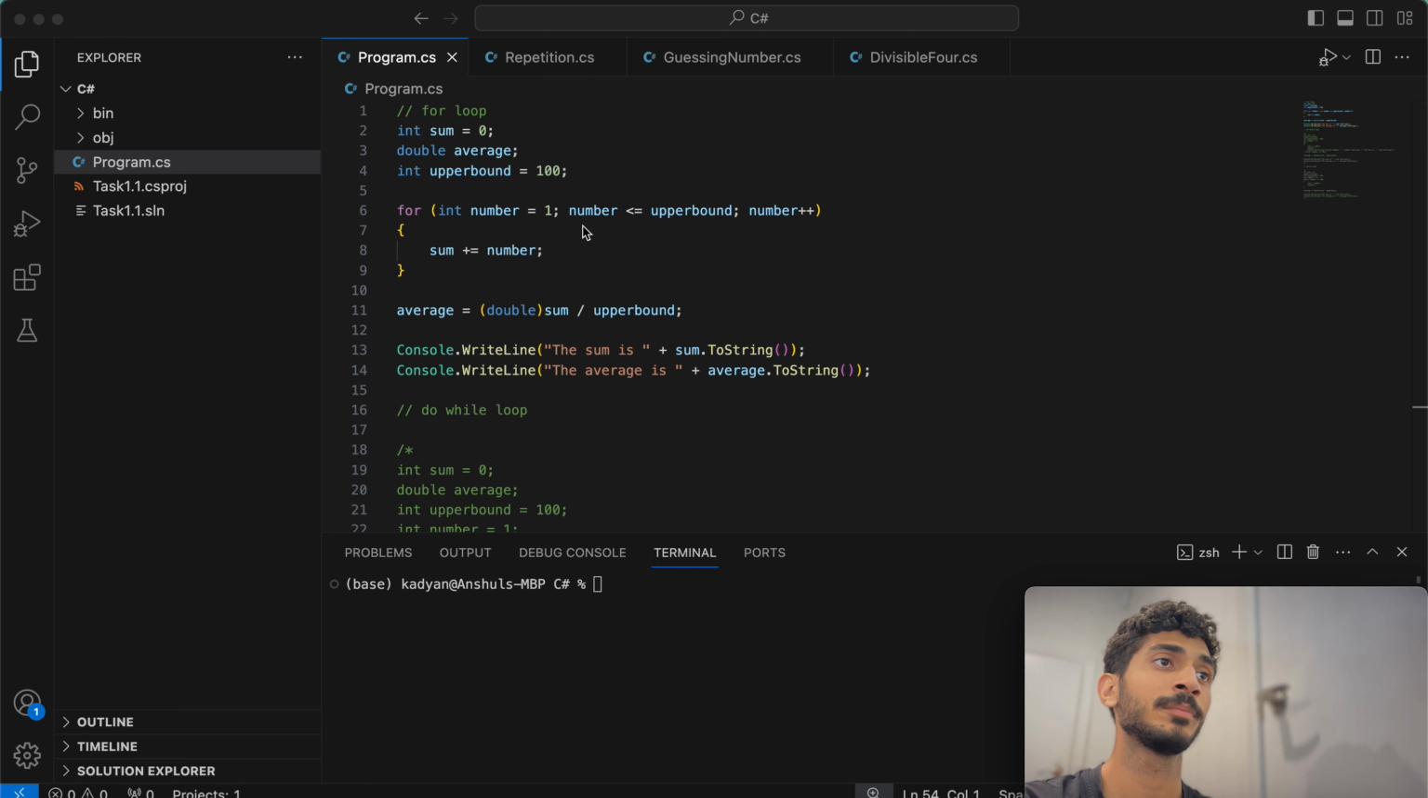I have assigned the for loop with the initial number, int number equal to 1, and while the number is less than the upper bound, which is the upper limit, we are going to increase the value of the number by 1, and we are going to add that to our sum variable whose current value is 0,